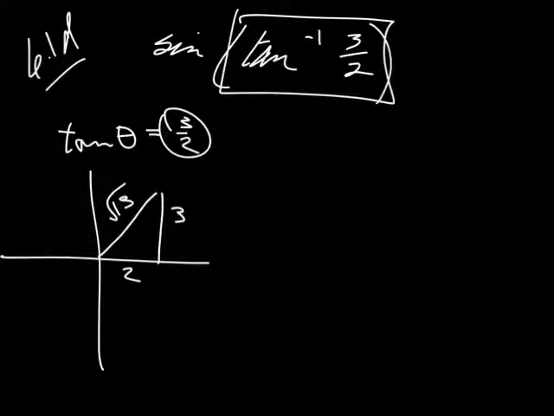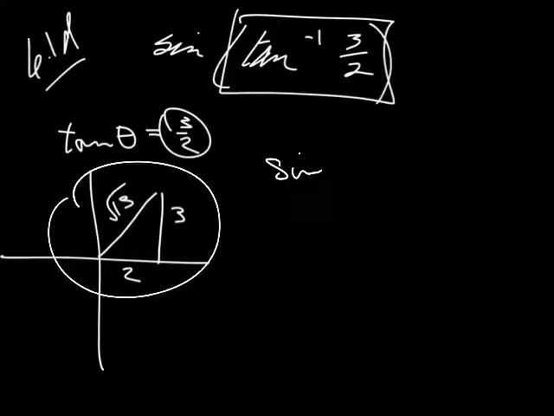Alright, so if I want my sine, then I'm going to take the sine. So when I look at that triangle there, I know my sine is going to be opposite over hypotenuse. So it's going to be 3 over,